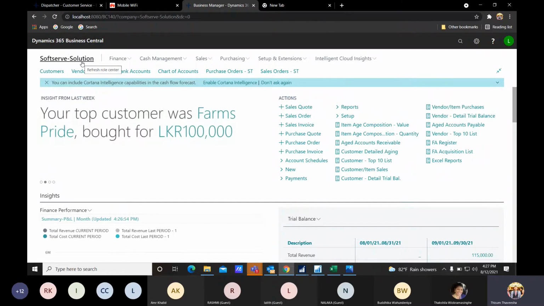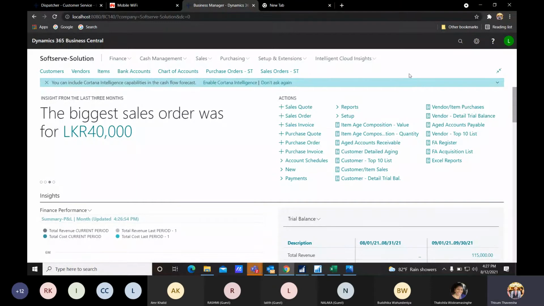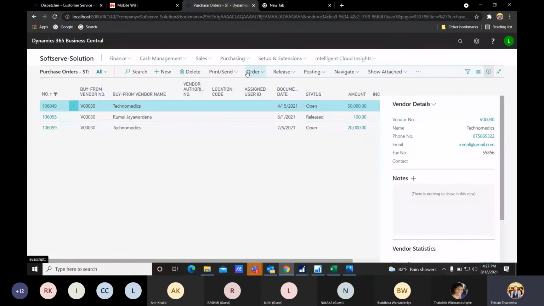So now we will enter a purchase order for a specific item, and then we will sell it through a sales order. We will go through one process, not deeply, but as an overview. Okay, so as I explained earlier, we have this option of searching purchase orders. Or else we have the ability of taking the purchase orders to the role center, and if we get this purchase order to the role center, you just have to press one button click, and then you will have this purchase order list.